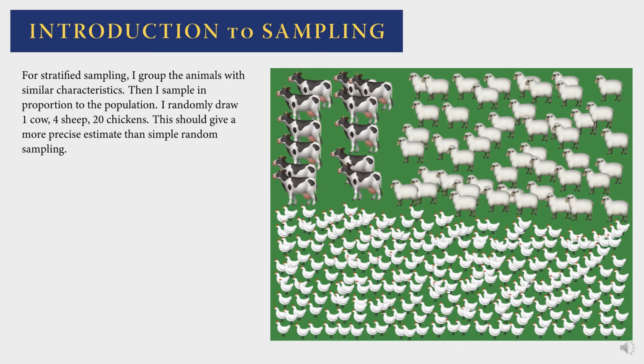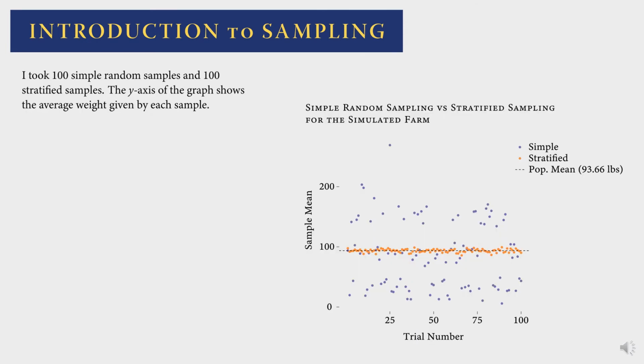In this case, I will randomly draw 1 cow out of 12. I'll randomly draw 4 sheep out of the 48 and 20 chickens out of the 240. This will guarantee me a sample that's representative of the population with regard to these groups. I took 100 simple random samples and 100 stratified random samples, and I'll show you a little bit about this